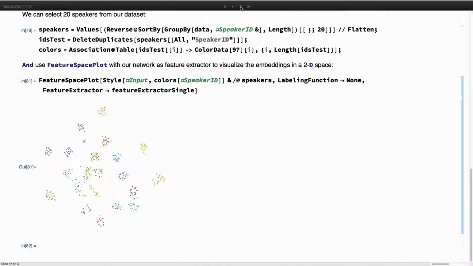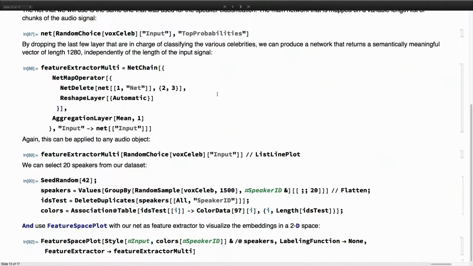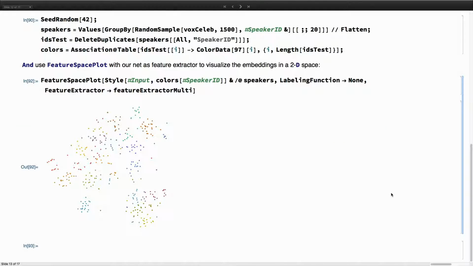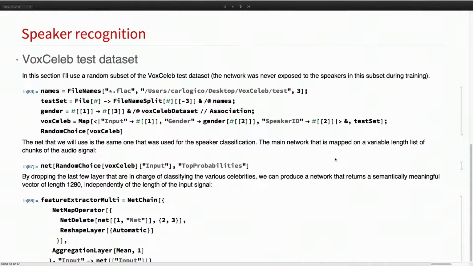So I have another example that does essentially the same on a different dataset. I will not go completely through it. I will just show you the results. This is the same structure that I just showed you. It's just applied to the test subsection of the VoxCeleb dataset.